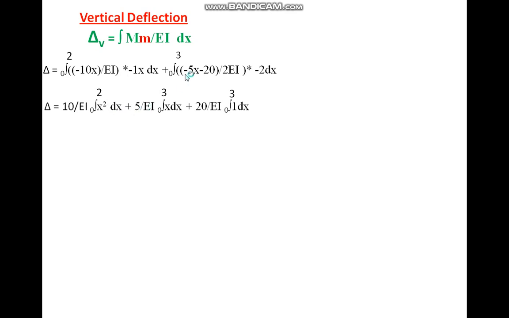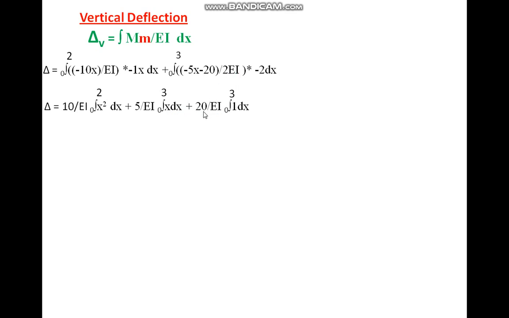Plus, you write separately, minus 5 into minus 2 divided by 2, so only 5 divided by I, integration of 0 to 3, x into dx, plus minus 20 into minus 2 divided by 2I,